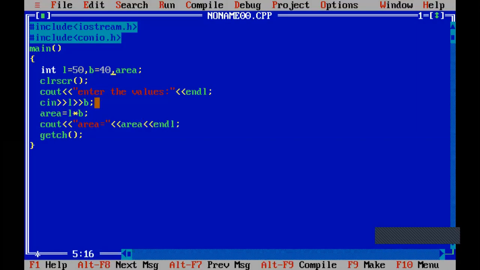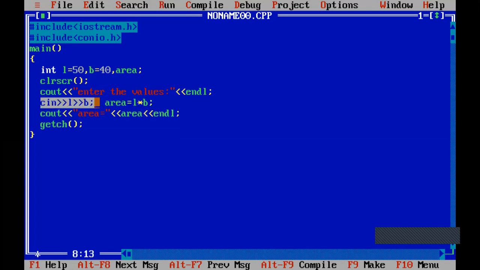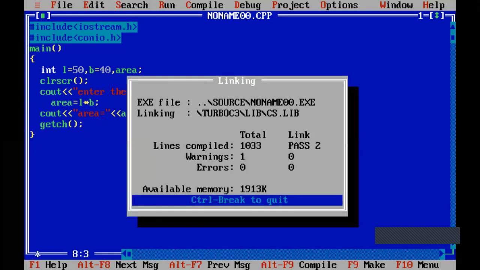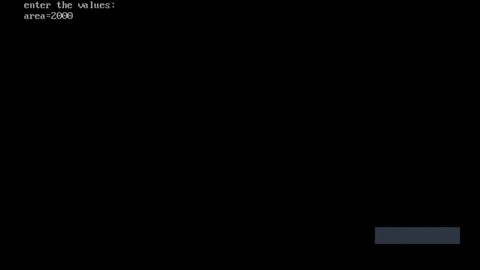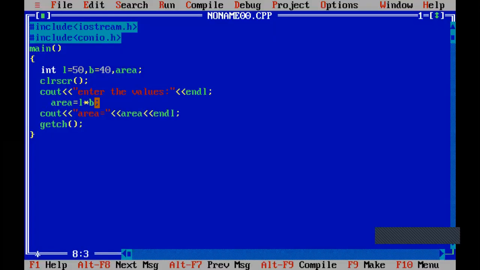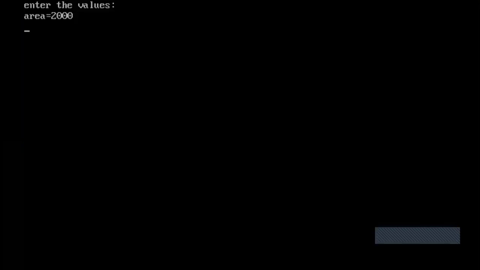Here I have taken a cin statement. Instead of a cin statement, if I declared the values there only, it will not ask you for the values. See, the constant works by giving you the value directly. Why? Because I've already specified the constant value. So any number of times you execute, the value is the same.